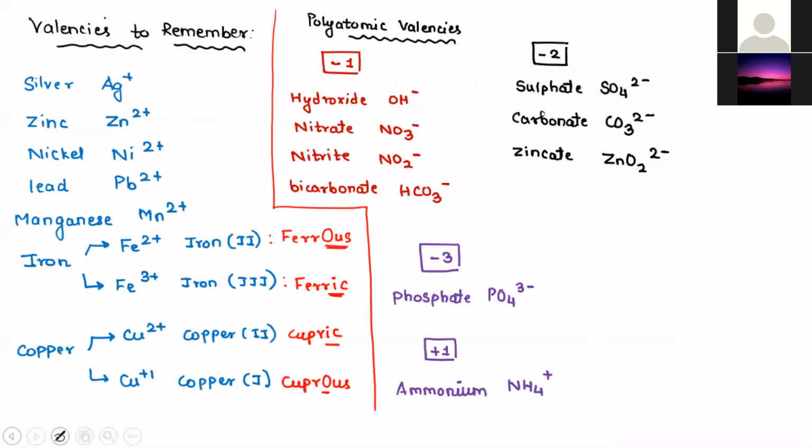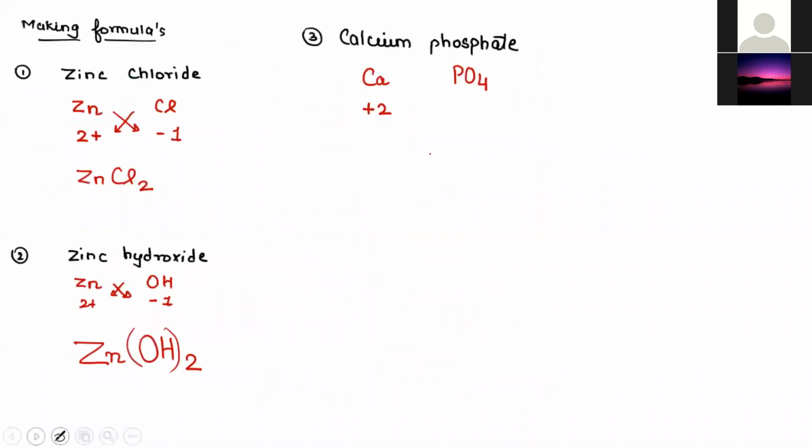From our previous chart, what is the valency of phosphate? Valency of phosphate is 3 minus or -3, whatever you can write. So my formula becomes Ca3. Now PO4, PO4 already has a number, so we'll put a square bracket and we'll write 2. If there is a polyatomic ion which already has a number, just put a bracket and put the number which is there.